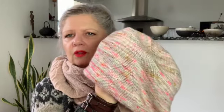So either I wear it on that side that is a bit more greenish and a bit less pink and more gray, or I usually wear it on that side that is a bit more funny and bright. And at some point I started to see pulling, so I waited for pulling to occur. And when I saw the pulling happening, I started to knit, you know, from,